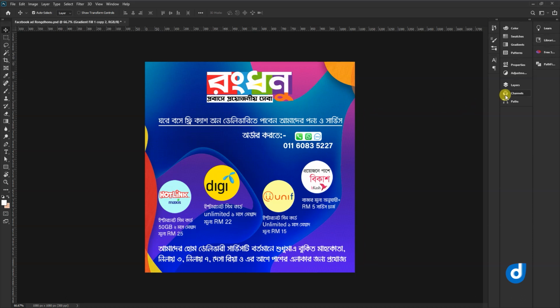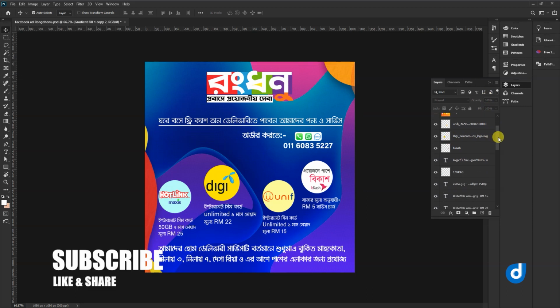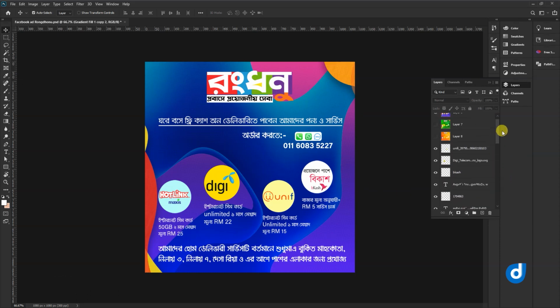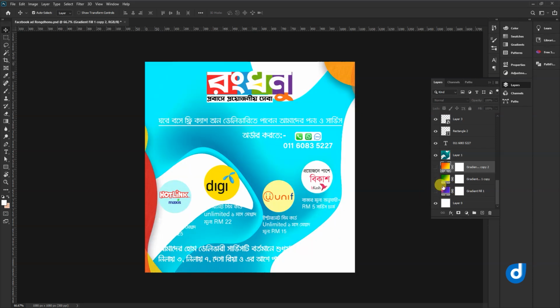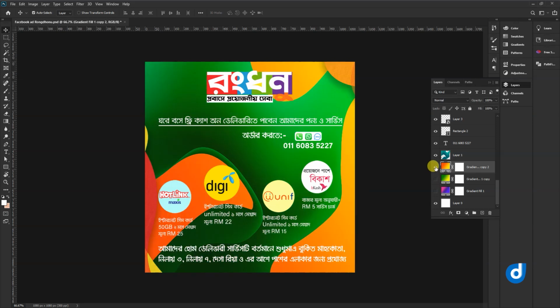Now if you look at the layers panel, you can see the actual layers that I have created while designing. If I hide this gradient, I can go with this, or I can go with this.